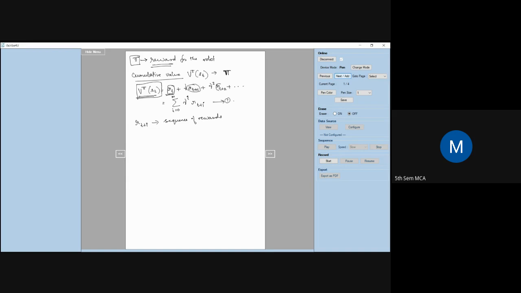Third time, I am getting R_t plus 2. So when I take the summation, I can write it as R_t plus i, which is nothing but the sequence of rewards that the robot has got, or the sequence of rewards generated beginning from the first state